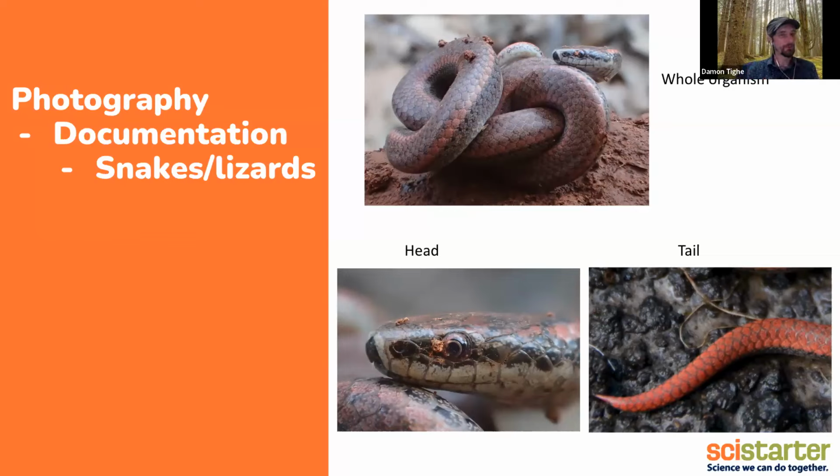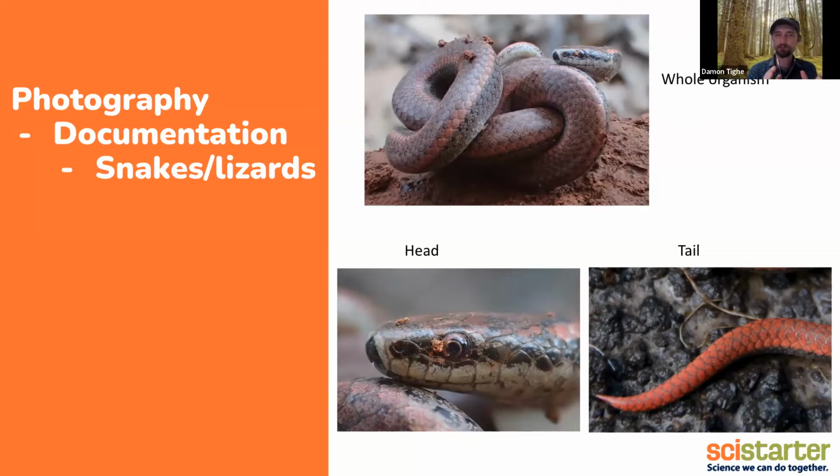Snakes and lizards, some of those snakes can be things you don't want to be too close to, right? So this is one you want to be safe about. It can also stress some of them out to have somebody in their face. So if you have a DSLR, this is probably the better way to go after them, to give them some space for their benefit and for yours potentially. But for snakes, lizards, other kinds of reptiles, and even some amphibians like salamanders,